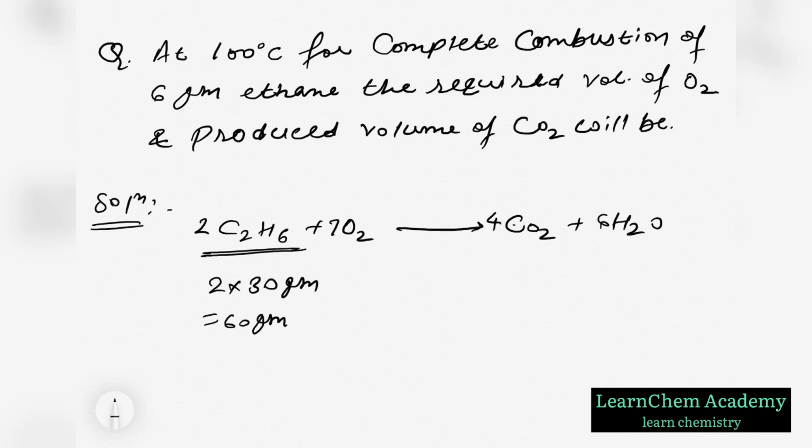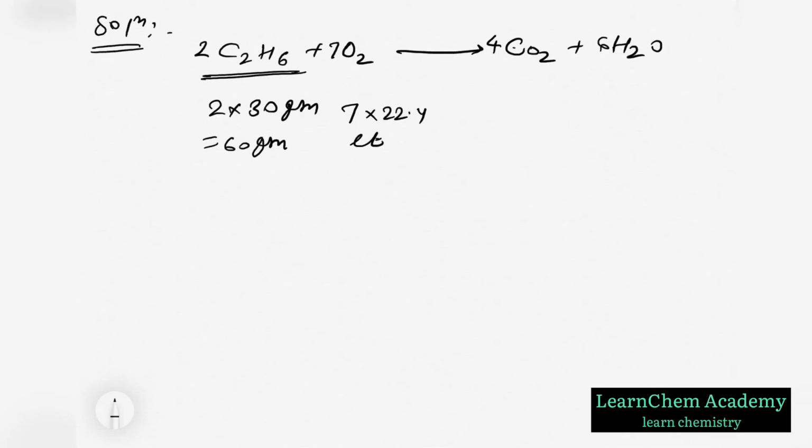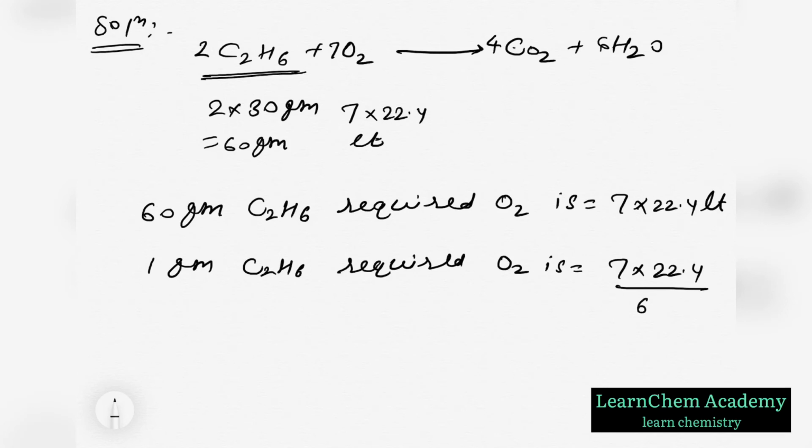Okay, so in this way we can calculate the volume of oxygen. Here 7 into 22.4 liter of oxygen is required. So we can write, 60 gram ethane requires O2 of 7 into 22.4 liter. So 1 gram of ethane requires O2 of 7 into 22.4 by 60,